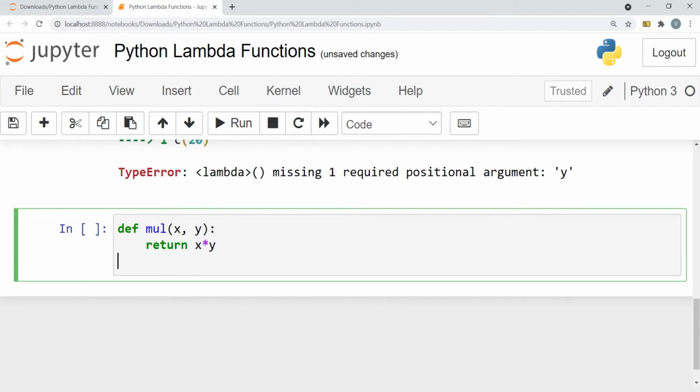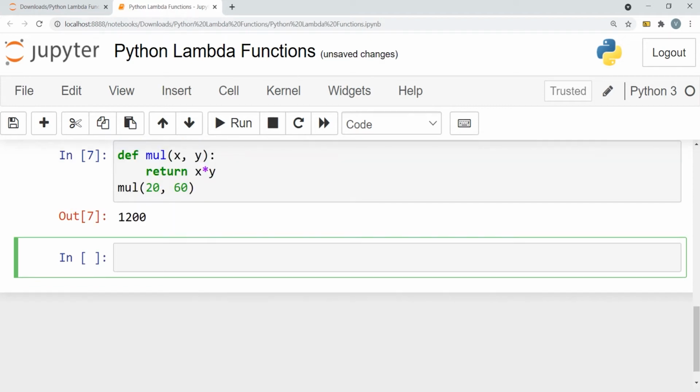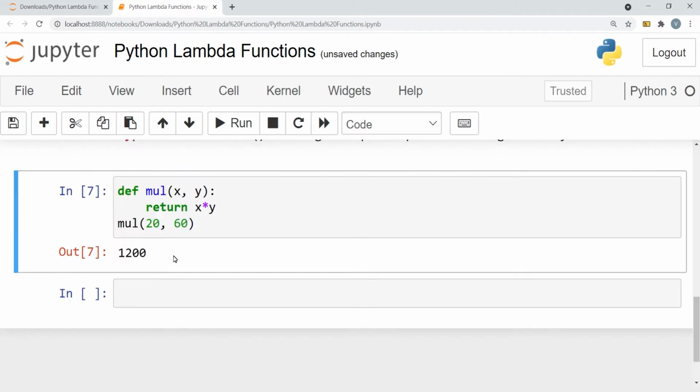Now let's call this function with 2 arguments that are 20 and 60 and check the output by pressing Shift and Enter. We can see that the output is the same as before,